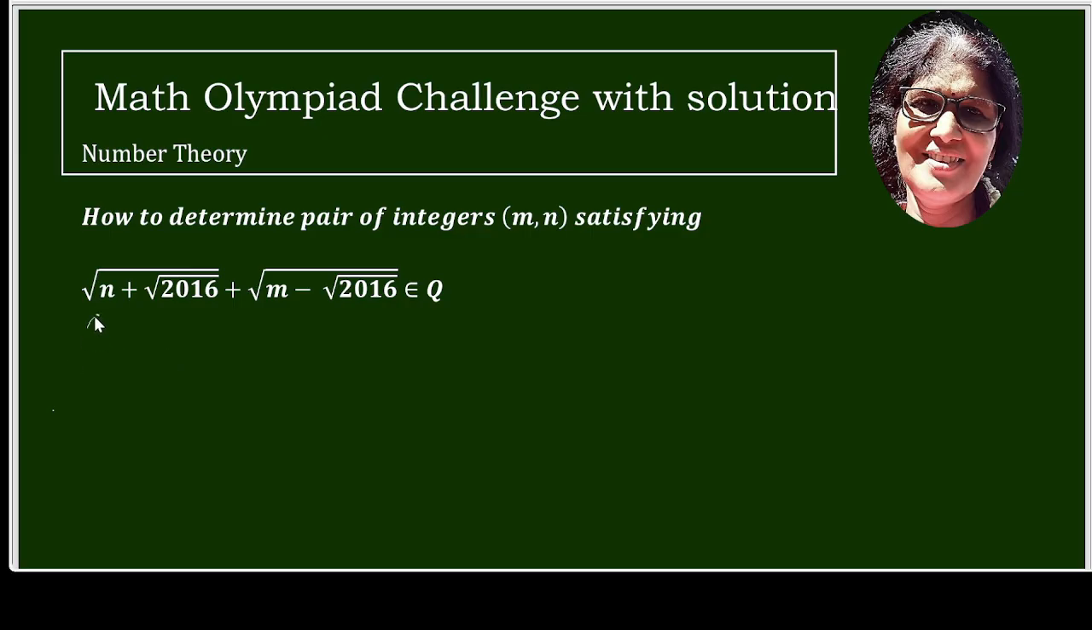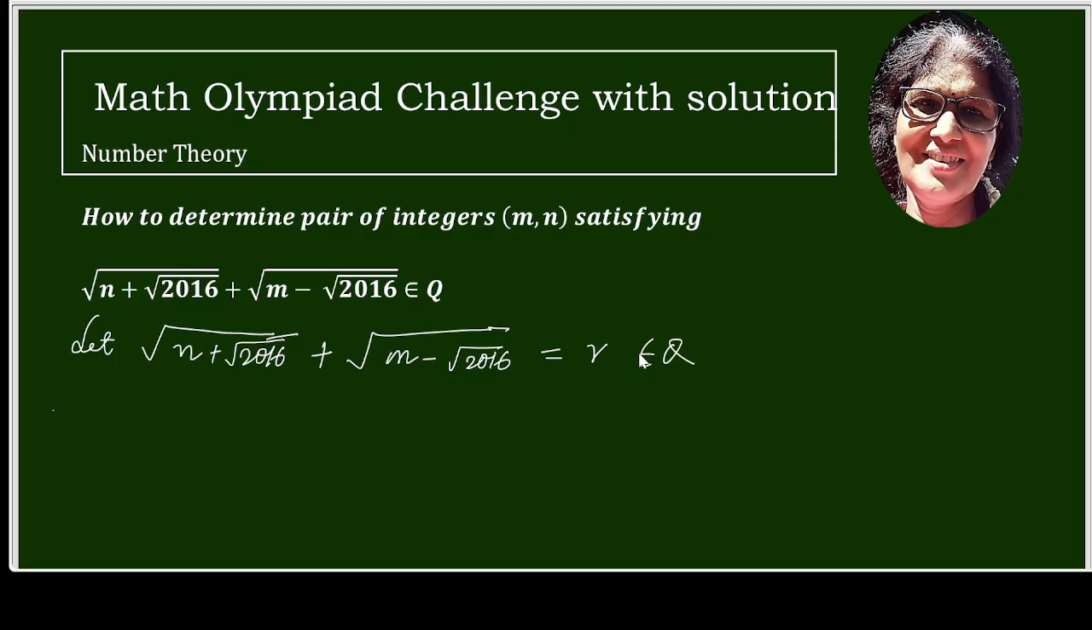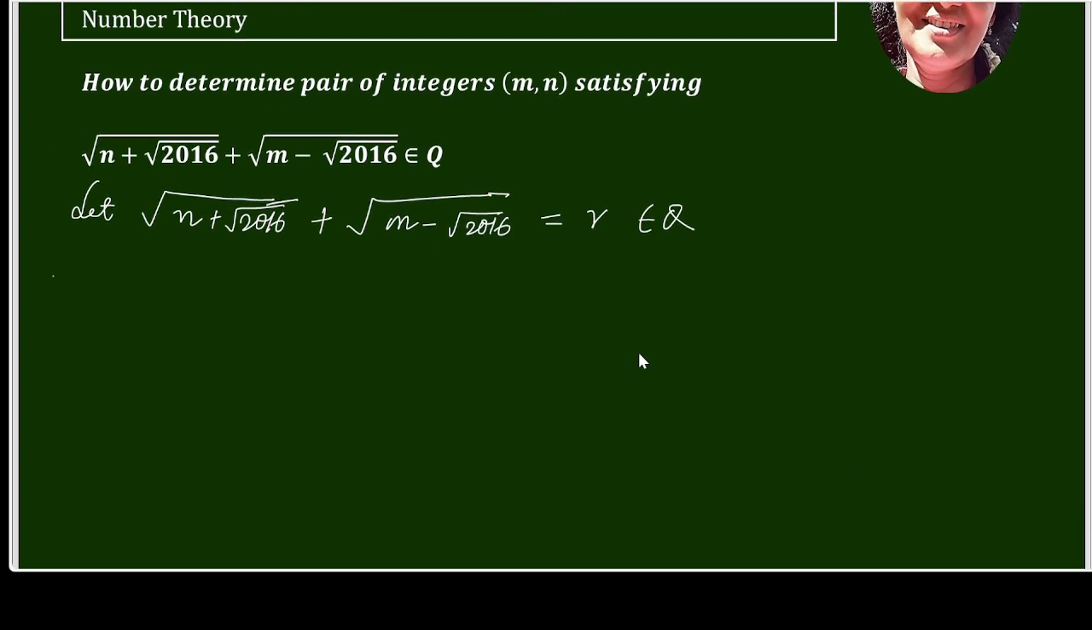So let square root of (n plus square root of 2016) plus square root of (m minus square root of 2016) equal a rational number, that is r. So r belongs to the rational number system. Now squaring both the sides,